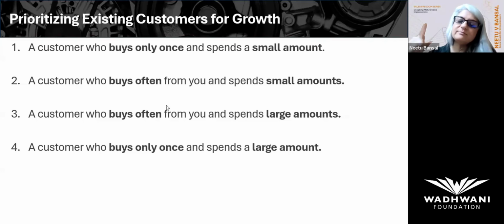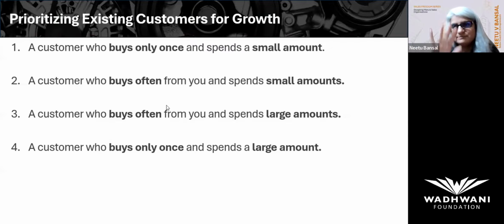The third set of customers also buy, let's say, monthly, but they spend large amounts of money. So every month, instead of just spending 1 lakh, 1 lakh, 1 lakh, they are spending 10 lakhs, 10 lakhs, 10 lakhs with you. And then the last one is a customer segment who only buys once, but they spend a large amount. These are typical for clients who have an annual spending. In the month of March, they place the order for the entire year. When you have a long production cycle, they place the order, for example, mostly 1 crore, 2 crore order itself. After that, they are quiet for the rest of the year.